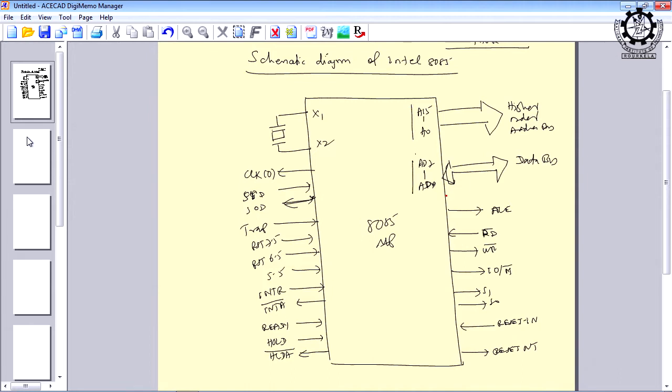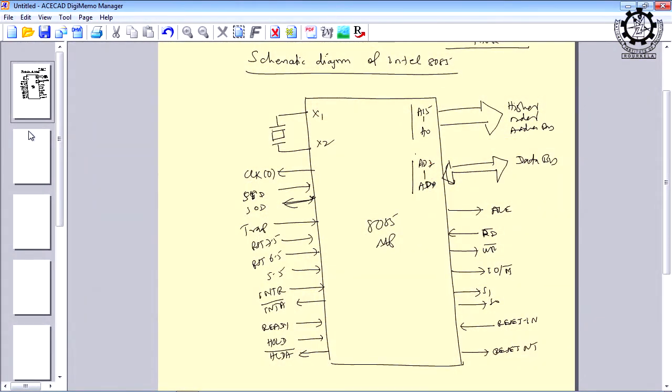The lower order byte, as I told you, is multiplexed with the data bus. For address we need A0 to A15, 16 address lines, and out of these, A0 to A7 is multiplexed. So, whenever we discuss the data lines, we write AD0 to AD7, A for address, D for data. It is very simple. The lower order byte is multiplexed, and the higher order byte is exclusively used for the address lines. If you go for the 8086 microprocessor, these numbers will change, but there must be address lines and there must be data lines. These are two basic requirements of any microprocessor.